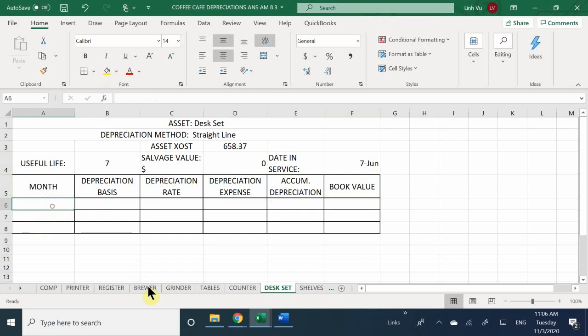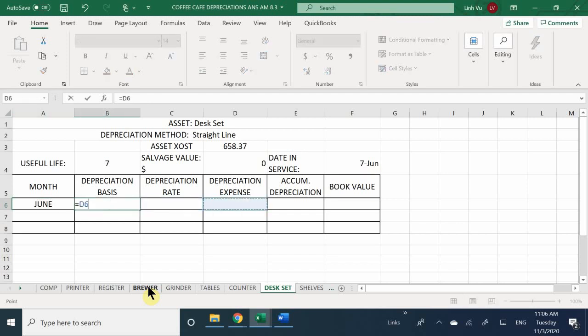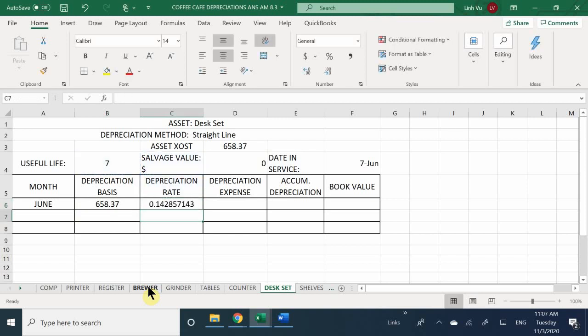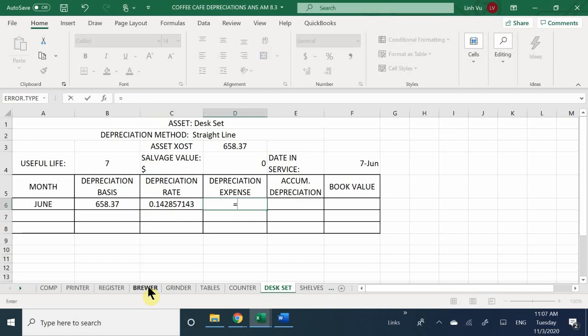Okay. Excuse me. So here, we're depreciating it for the month of June. So the depreciation basis is going to be 658.37. My rate is going to be 0.142857143. Good. And my depreciation expense for the month of June is going to be